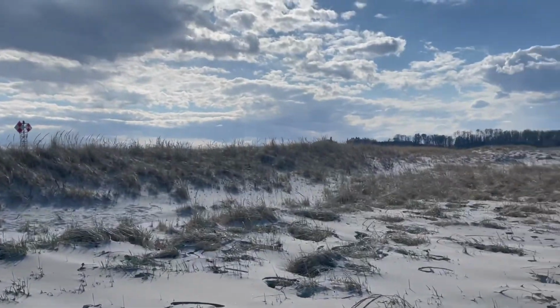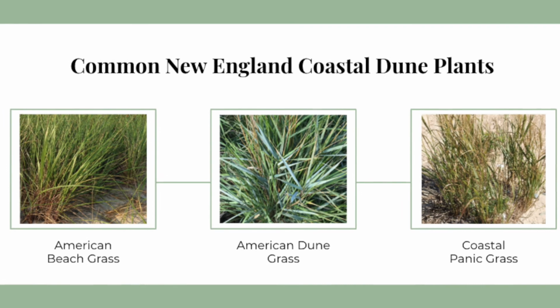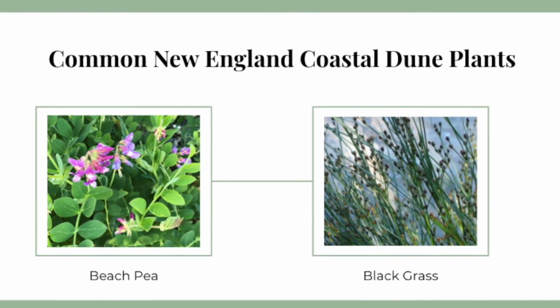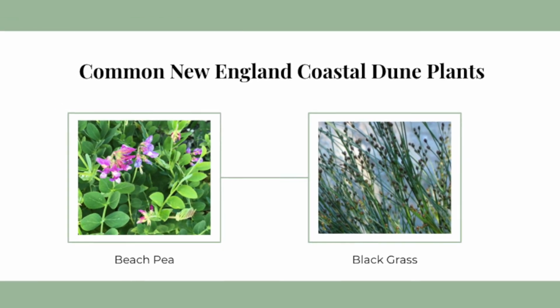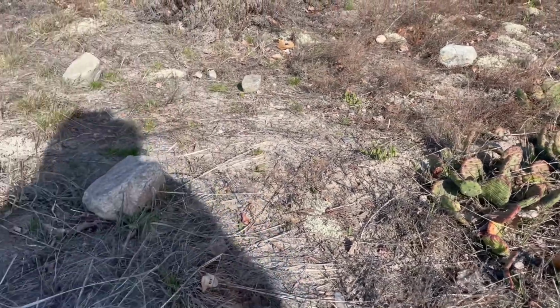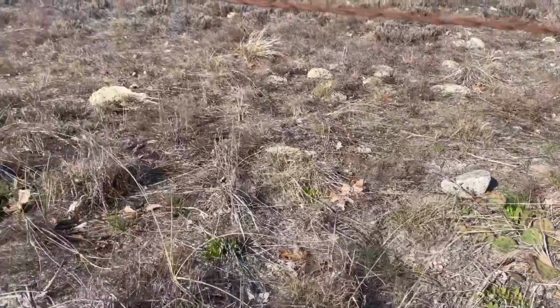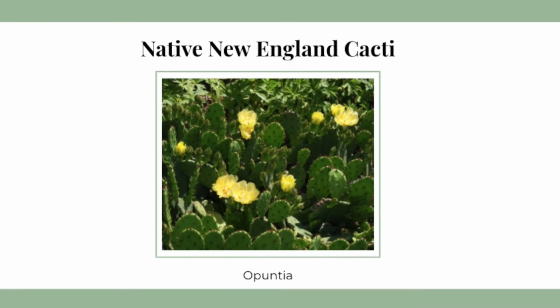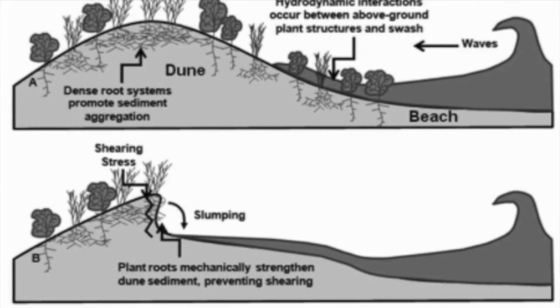Some of the common plant species you would typically see rooted in sand dunes along the coasts of New England include American beach grass, American dune grass, beach pea, blackgrass, coastal panic grass, and so many more. Plants that thrive on the foredune must be tolerant to salt spray, strong winds, and burial by blowing and accumulating sand. Plants which thrive on the broad dune plain and back dune grow together into dense patches termed dune mats that